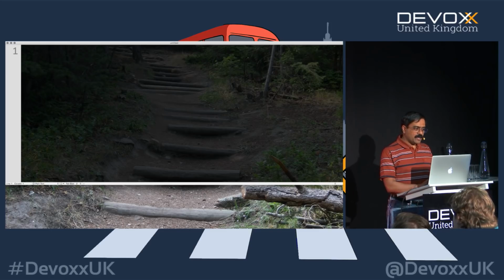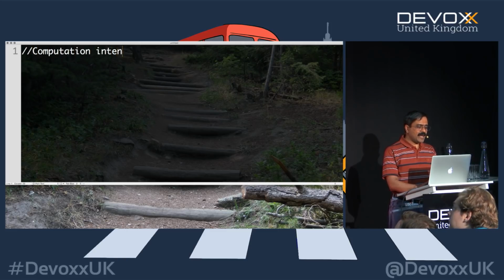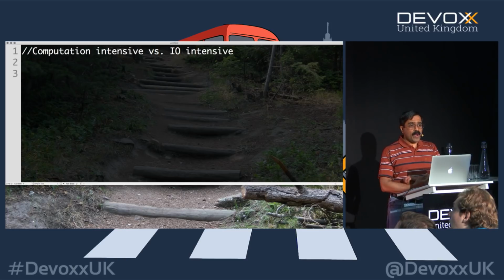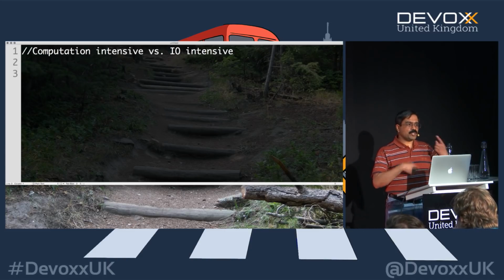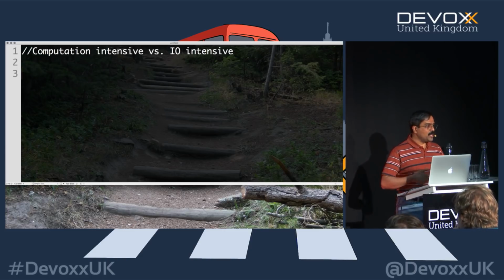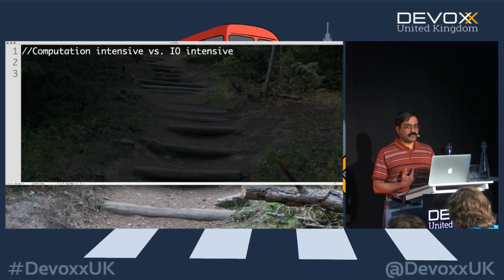I'm going to use a very silly example for this. There are two kinds of computations we perform. One is computation intensive, and the other is IO intensive. When your operation is computation intensive, you are constantly churning through doing your work. To understand this, I'll give you a silly example of 4 monks.